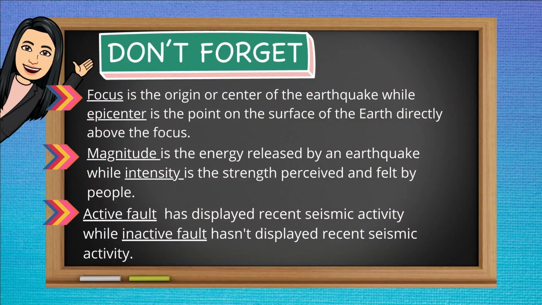Don't forget, focus is the origin or center of the earthquake, while epicenter is the point on the surface of the earth directly above the focus. Magnitude is the energy released by an earthquake, while intensity is the strength perceived and felt by people. Active fault has displayed